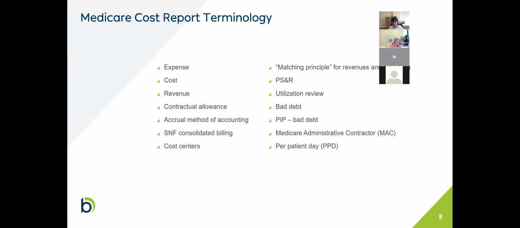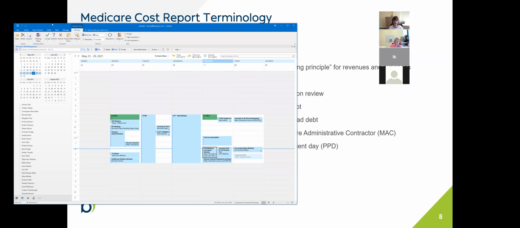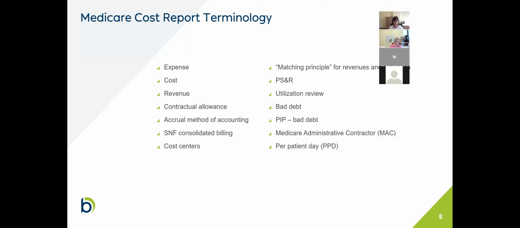And cost is actually what it's really costing you to provide service. And it may be bigger. At least I think we see your Outlook calendar. Yeah, sorry. So costs could be higher than expense